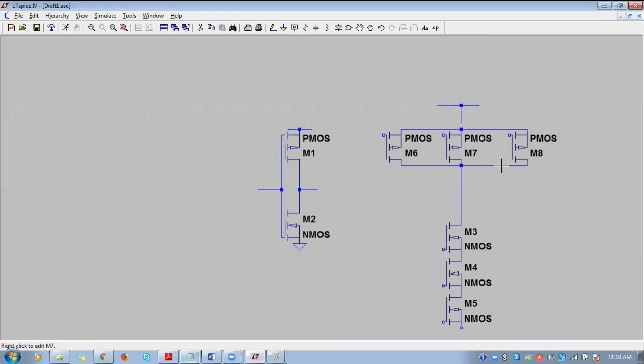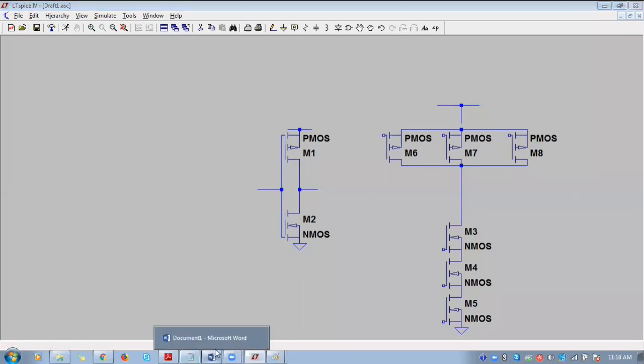So the entire combination of the sources of PMOSes is connected to VDD, and we have to connect ground for the sources of the combinations of NMOS. So here we will be applying logic A, logic B, logic C. Here logic A, logic B, logic C are the gates of PMOS and NMOS.